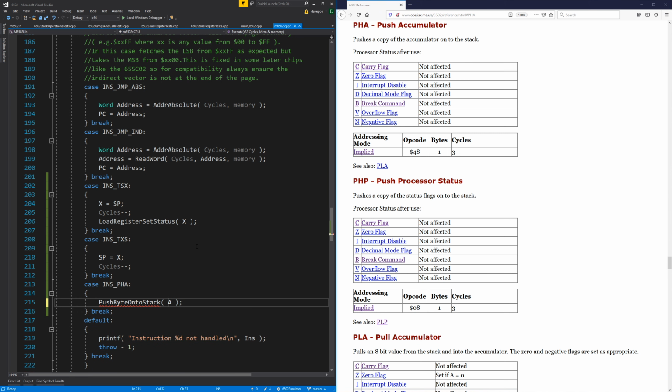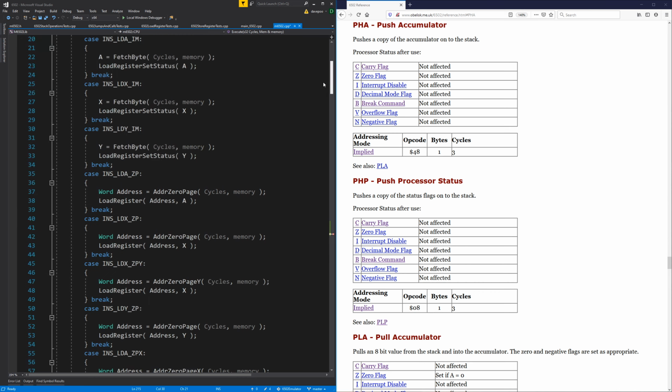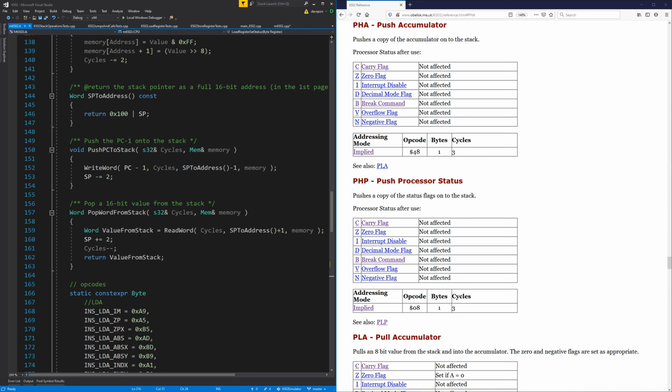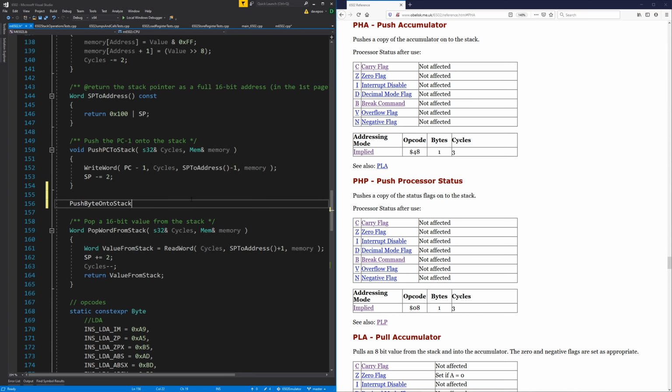Maybe it'll take in the cycles, and it probably needs the memory as well because the stack is in memory. Yeah, I think that's what we need. We need a function that can do that. Have we got anything like that? We've got pop word from stack. We've got push program counter to stack. I think we want a